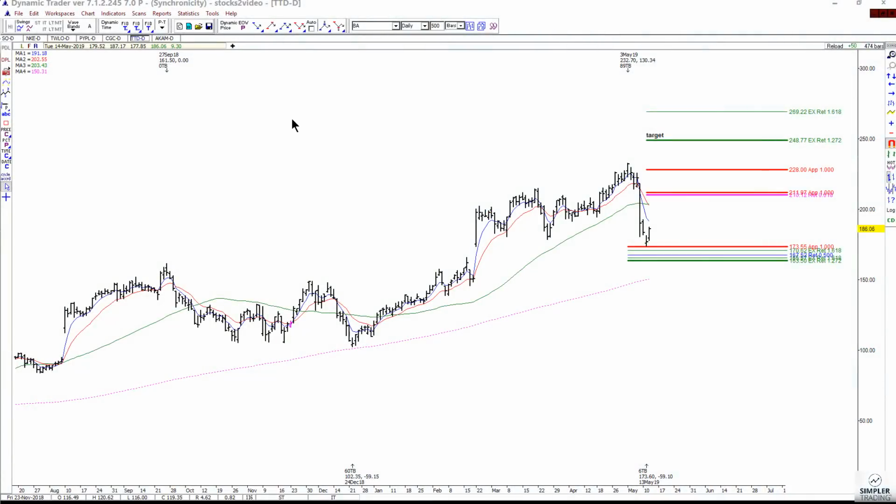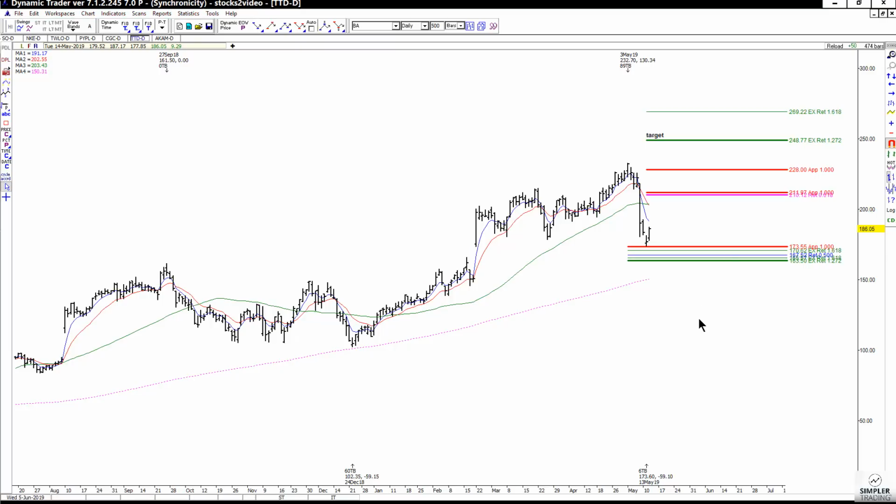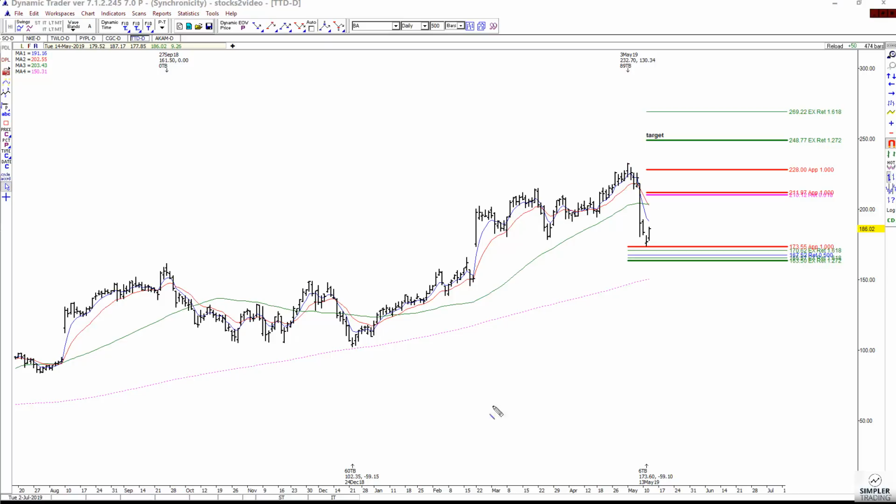Okay, in today's video we're going to take a look at TTD, and this is where we found a simple symmetry setup in yesterday's breakout session, and I'll show you how simple it is. I mean, this prior high to low swing was $59.15, and then this high to this low was very similar